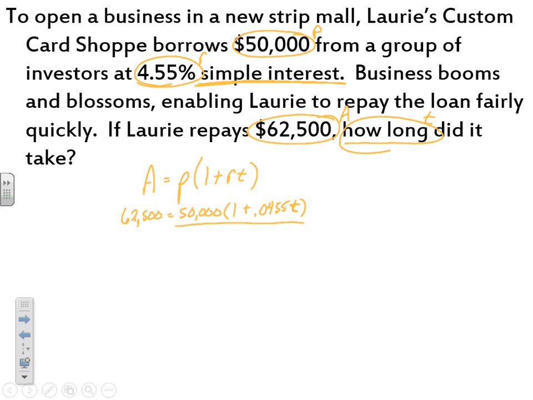The first thing I'm going to do is divide by the 50,000 from the right side. The 50,000 on the right side simplifies to 1. So $62,500 divided by $50,000 simplifies to 1.25, and that will be equal to the remaining stuff in the parentheses. But since the 50,000 is gone, we no longer need to write the parentheses. So we just have 1 plus 0.0455t. Move the 1 over through subtraction, and I get 0.25 to be equal to